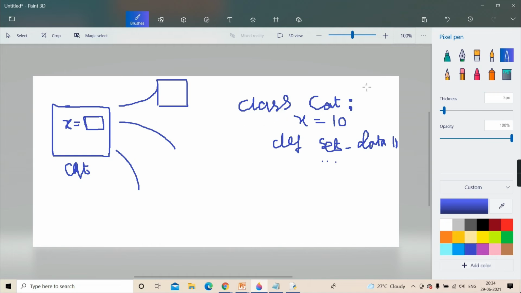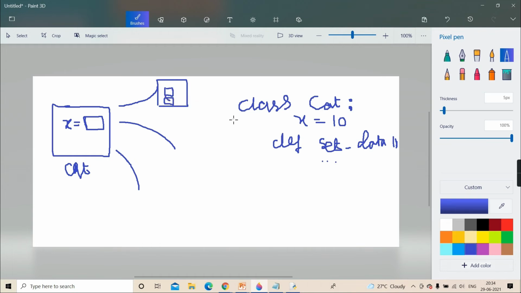You make an object or you don't. You create an object of cat or you don't create. Who is in existence? This class data in that shared namespace. But instance data will come into existence only when you create an object, and it is separate for each object.